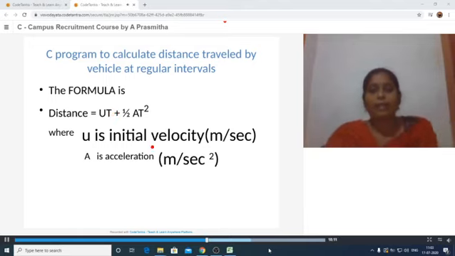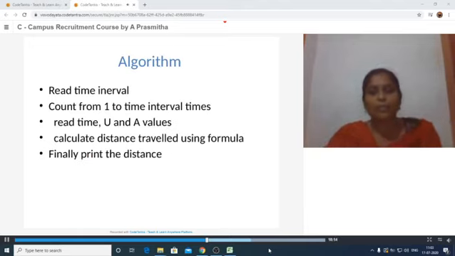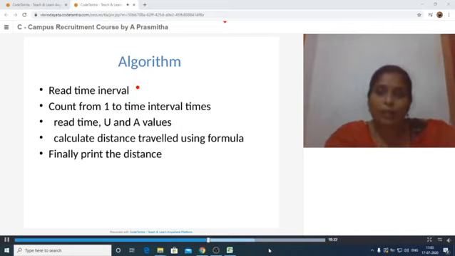For this, first we will read how many time intervals you want to take to find out the vehicle's traveled distance. Now we will use a variable called counter or i, from 1 to the number of time intervals, and within that loop we are going to read the time, initial velocity and also the acceleration of the vehicle.